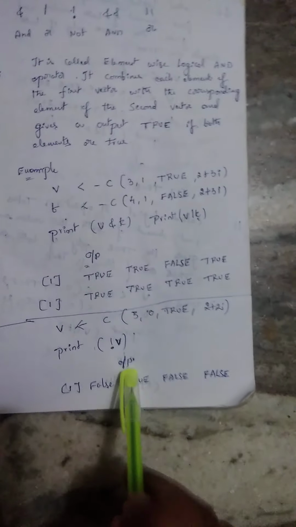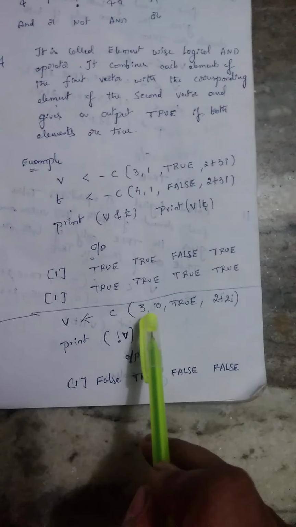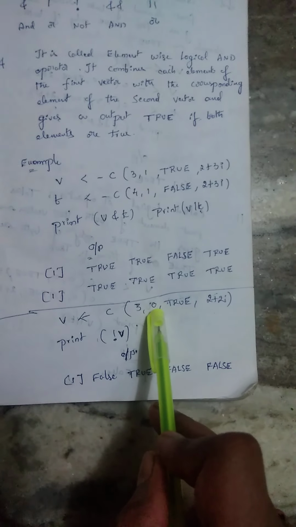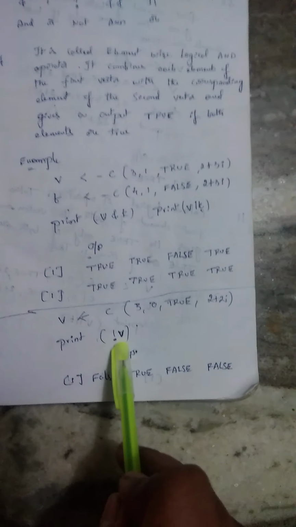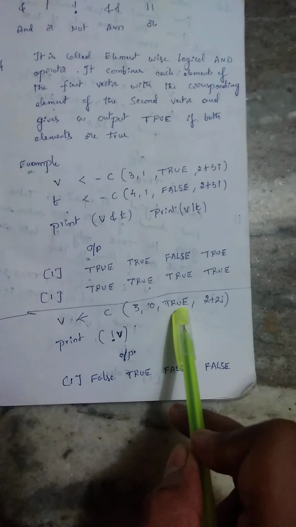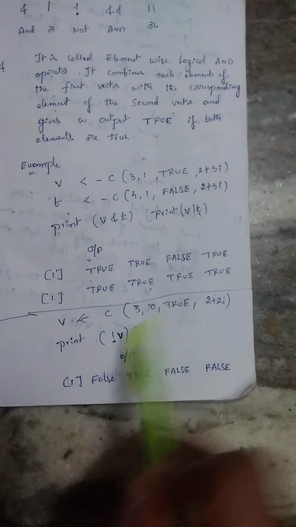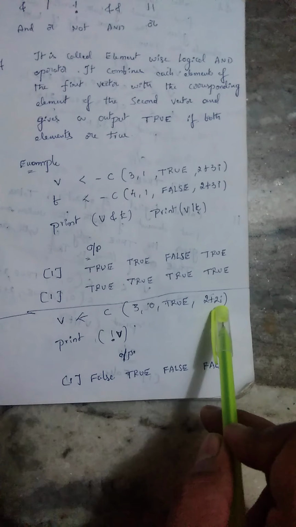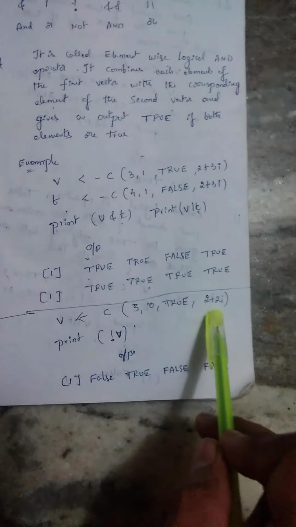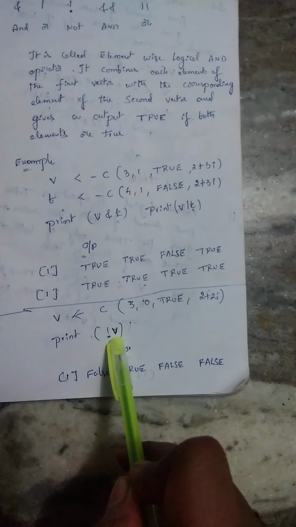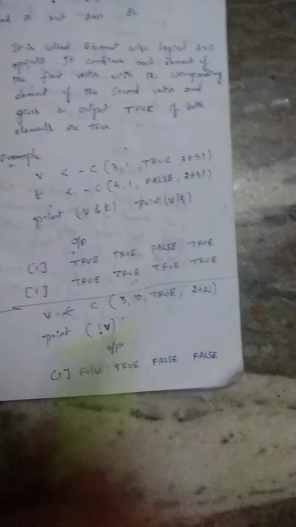While coming to the NOT condition, not V vector, we give some values in the C vector, and while printing the output it is completely reversed. That means 3 gives false. Here also 0 is nothing but false, 1 is true, so not of 0 gives true. And giving a true with the help of the not operator, we get a false. Here 2 plus 2i is a complex vector, actually a true value, but while applying the not operator, we get a false.